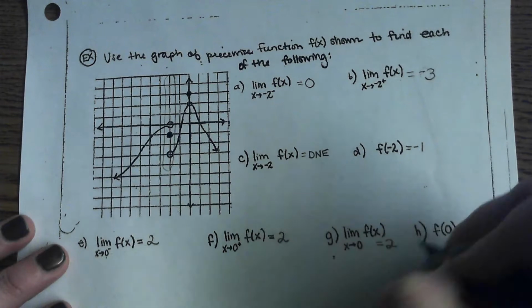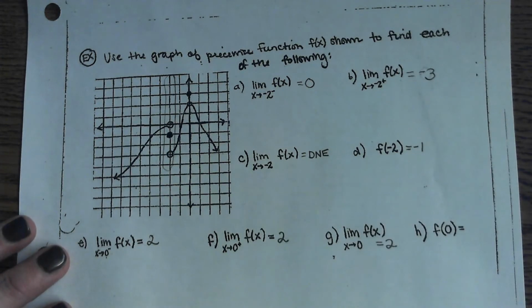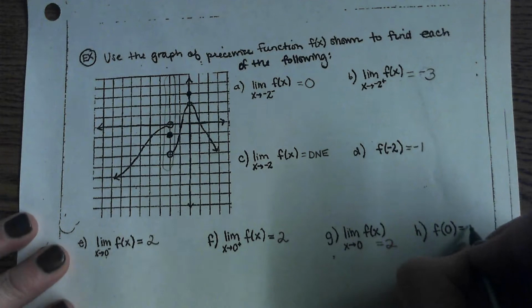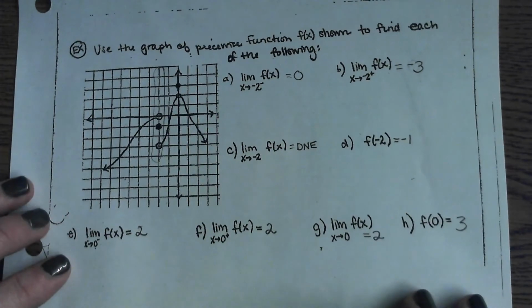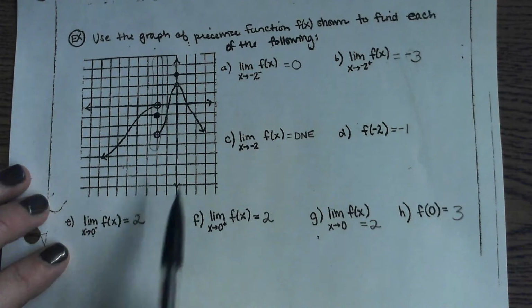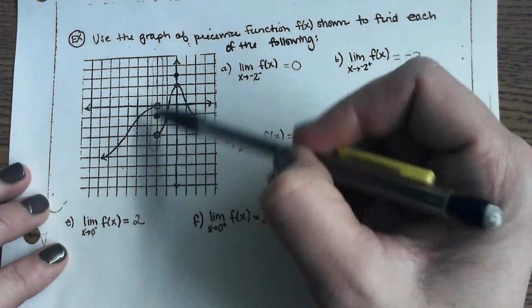Anybody get anything different than that? And H, Connor. F of 0 equals 3. Did anybody get anything different from that? Okay. So on this kind of jump location,